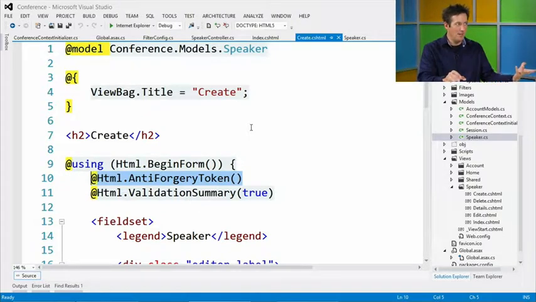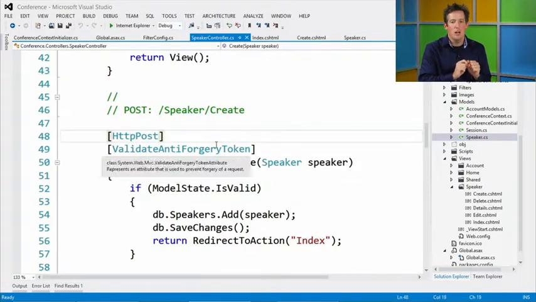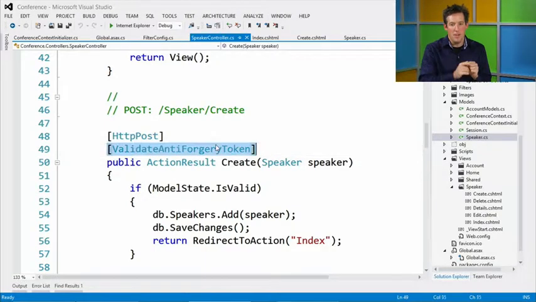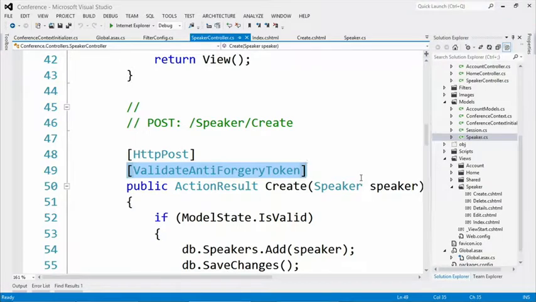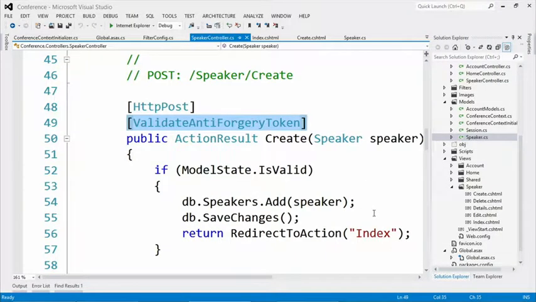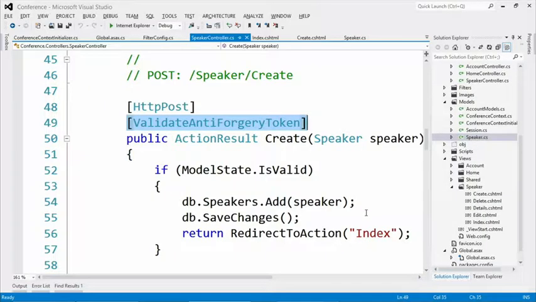Now, CodeMonkey, if you'd be so kind as to go into our speaker controller, you'll notice on the validate, just up top, right there on 49, there's the other side. That's where it's actually going to confirm that the token is in fact correct. Okay, so the whole point of this, if I hop over to, oops, that's not it. If I run this,